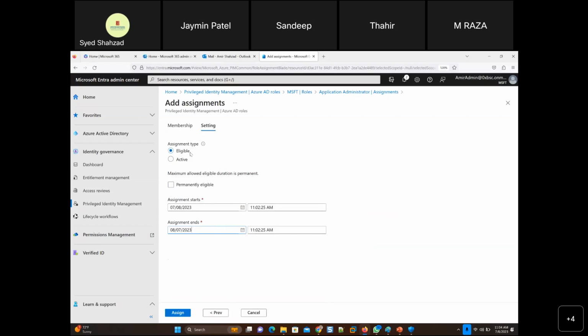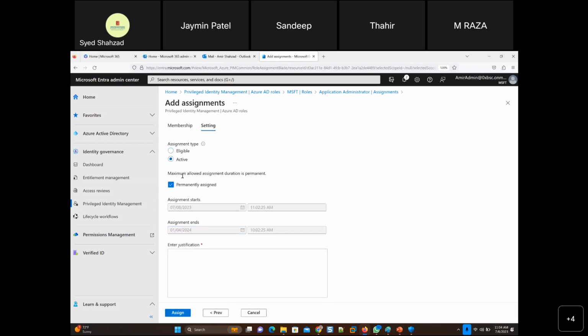I told him, I've given you the role of application administrator, and the user said thank you. For 1 week, that user was trying to do things that can only be done through the application administrator role. He did not go to the email, did not click the link, and did not activate it for himself. So there's a manual process with it.